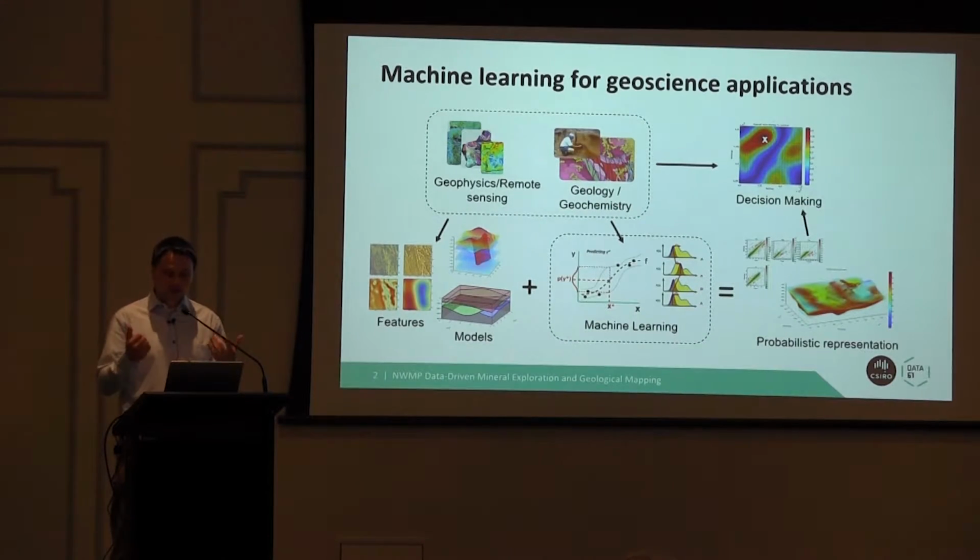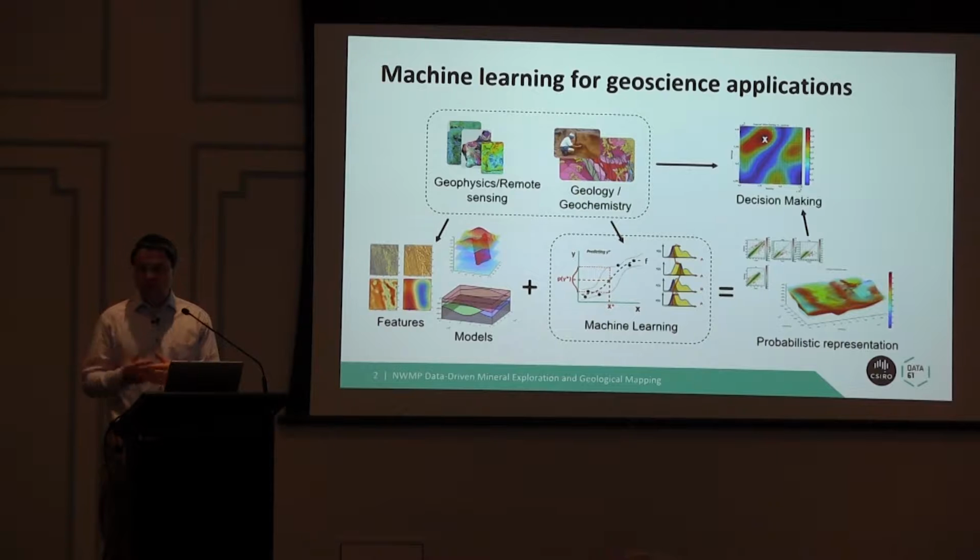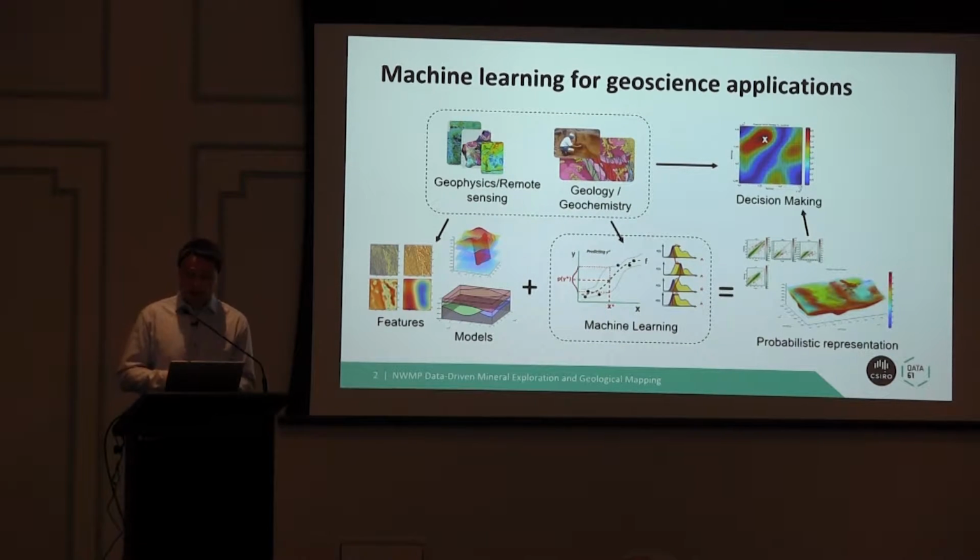I'm just going to quickly go through some of the machine learning techniques that are used, and you've heard before that this is the way probably to go, and it is. These techniques have been used in geosciences before. I will focus on basically two problems, and that is using point observations, either geological or geochemical, and some covariate data like geophysics, like the interpreted maps or geological models,